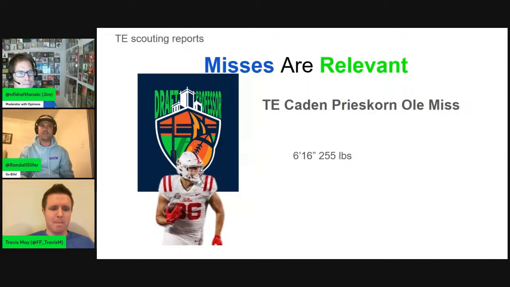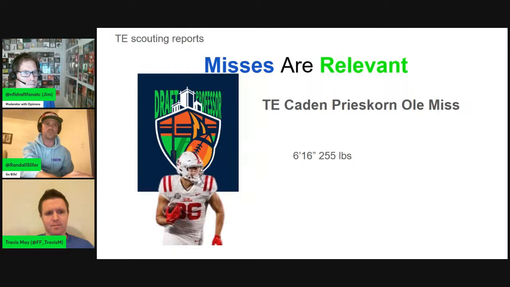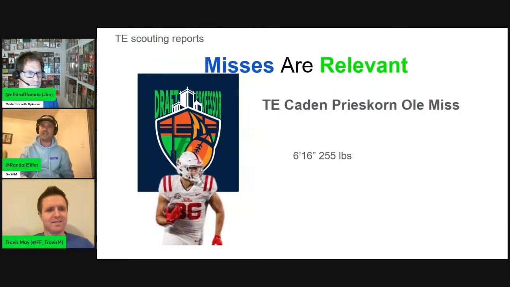I do agree with you when it comes down to his receiving threat. I do love it. He kind of gives me a little bit of Quentin Morris vibes, as I'm a Buffalo Bills fan, to where he has those streaks that he can catch like one touchdown. Quentin Morris gets one touchdown a year, but he does break out in there, and he has kind of that similar route running to it. But without those blockers, just like Quentin Morris being able to, Buffalo brings out an extra offensive lineman, not Quentin Morris, to kind of help with the run game sort of thing. So I like his receiving aspect of it, and I kind of had him right where Mitchell Evans was. I think I do have Mitchell Evans earlier than him, but I do have Prieskorn right around that same area.